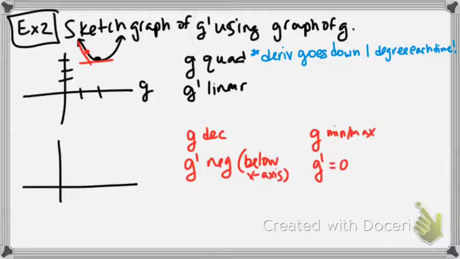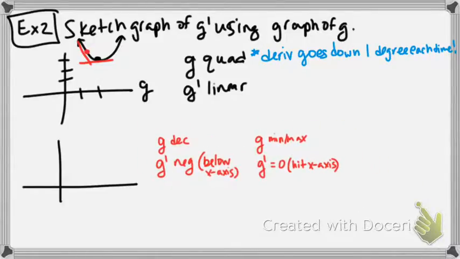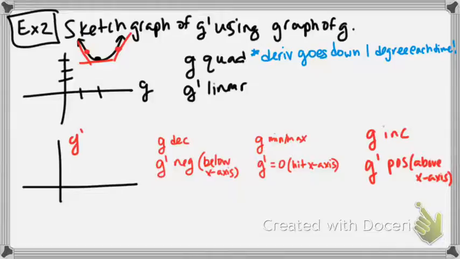Okay, but because of that, it's going to hit the x-axis. It's going to equal the x-axis. And then g starts increasing again. Notice here, g starts increasing. So when g is increasing, g prime is going to be positive, above the x-axis. So when I start drawing g prime, and I'm going to even label it g prime over here,